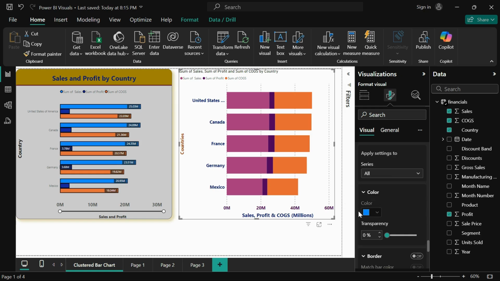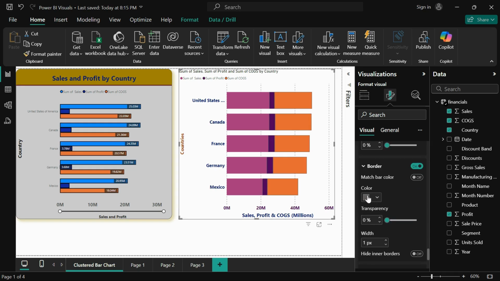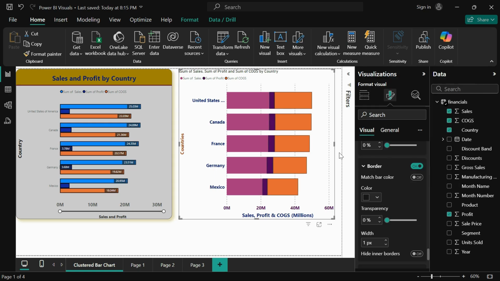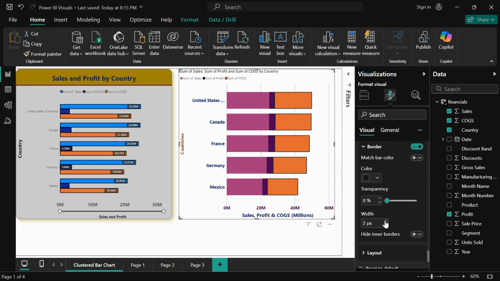The color will be by default specific to one section only, but you can increase the transparency for all the colors, right? You can give the border of all the sections. So by default color is this. If you turn the match bar color on, then the bar color will be only the color of the border. If you turn it off, then you can give the border color here, just like this black color. You will see black outline outside these borders, right? And you can increase the width of this,